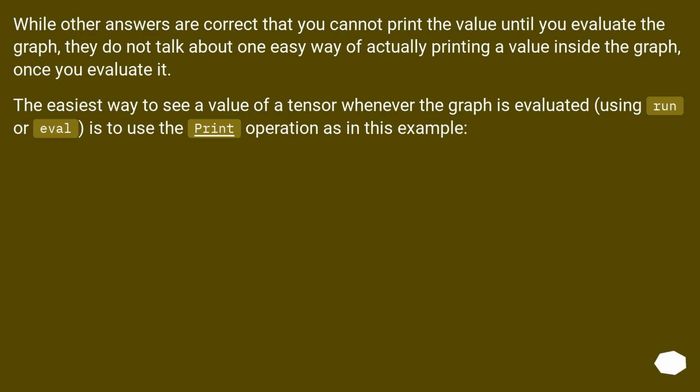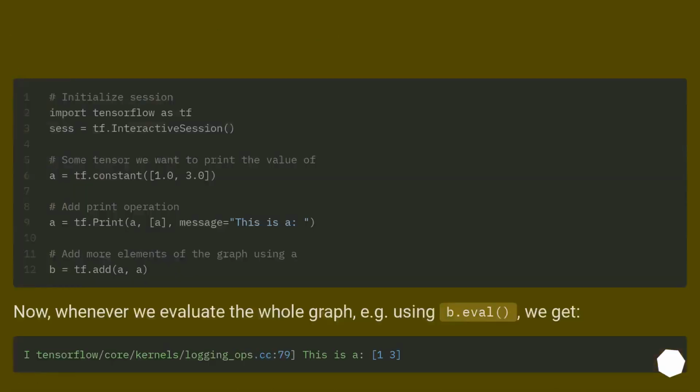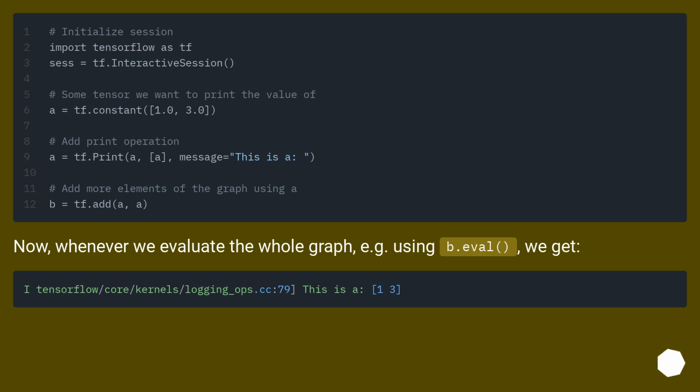While other answers are correct that you cannot print the value until you evaluate the graph, they do not talk about one easy way of actually printing a value inside the graph, once you evaluate it. The easiest way to see a value of a tensor whenever the graph is evaluated, using run or eval, is to use the Print operation as in this example. Now, whenever we evaluate the whole graph, for example using b.eval, we get